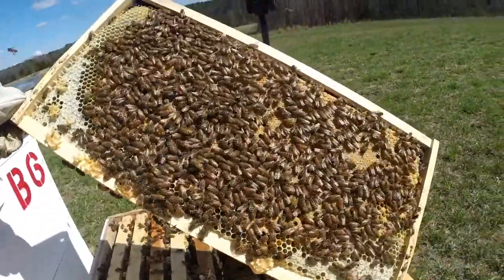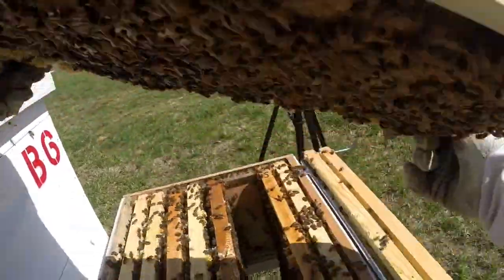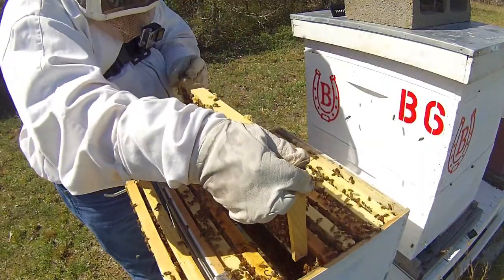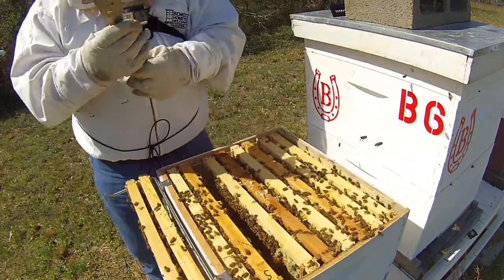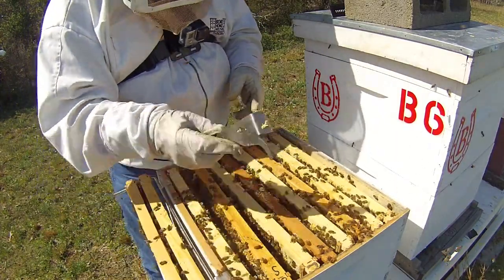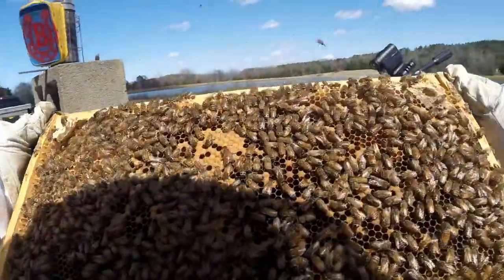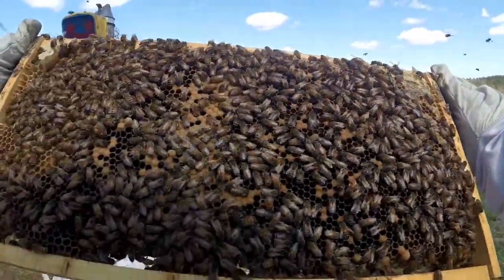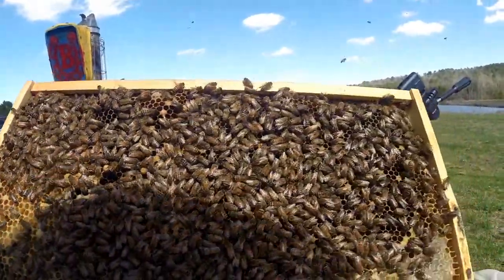This is a new frame too. That's pretty solid right there. I mean, there's some spots in there that aren't, but that's pretty solid, so she may not be too bad. A lot of that is empty. I said 1, 2, so that makes 6 queen cups. Spotty brood though. That's pretty solid. Over here it's kind of spotty. They're actually filling it with honey. That's pretty solid on that side, but like I said, on this side it's